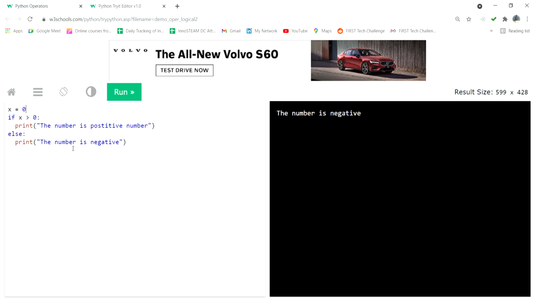Then what you can do here is put else if x equal equal 0, then you can type print the number is 0, because I think 0 is not positive or negative, right ma'am?